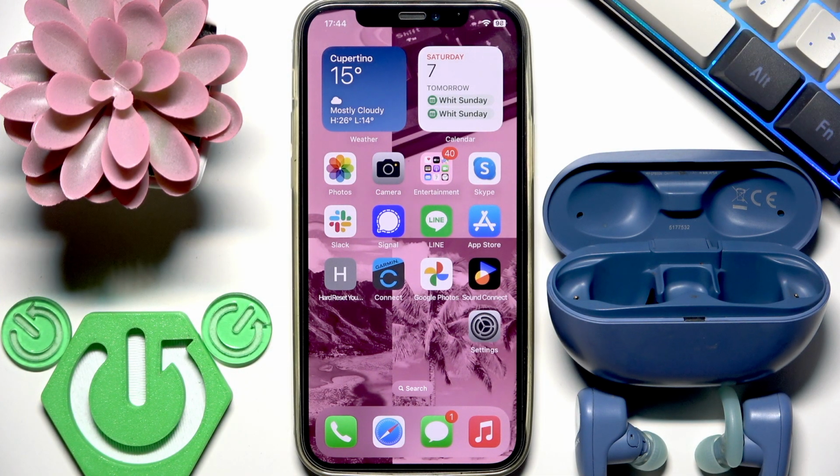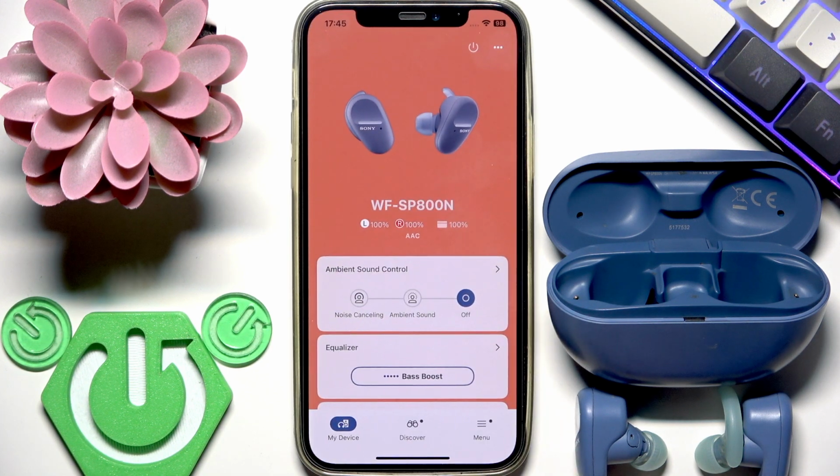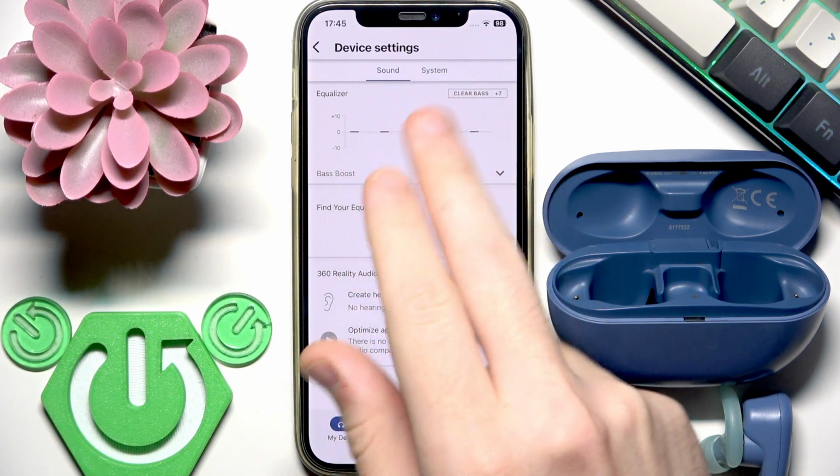You have to start by opening the Sony Sound Connect application, and if you added your earbuds to the application you will see the same menu as I have. Right here in the second line we have equalizer and you need to click on it. Now we are in the sound